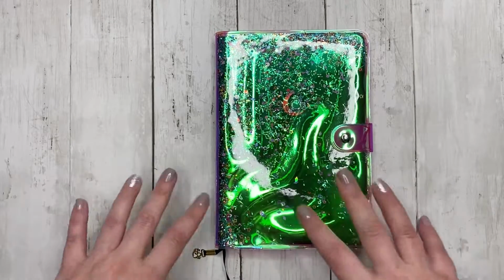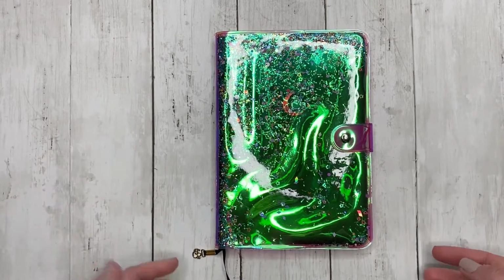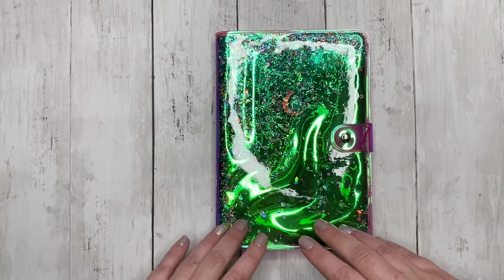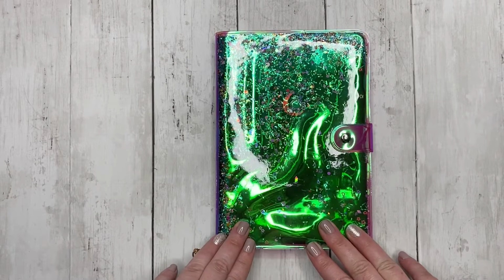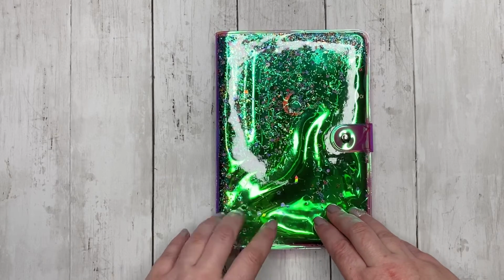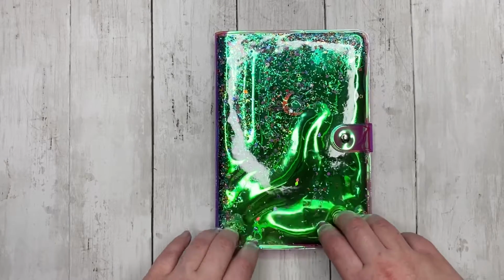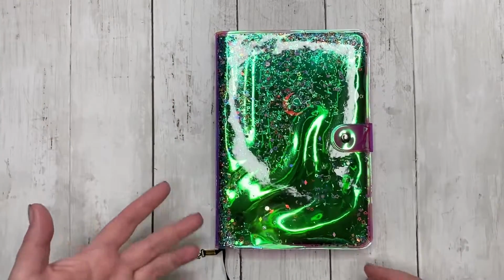Today, I do not have any planners. I do not have any stickers. Well, okay, I do have planners. They're off to the side. But I don't have stickers, which means I'm not doing a plan with me. The likelihood of me ever doing a plan with me without stickers is probably very slim to none. So today we are going to talk about